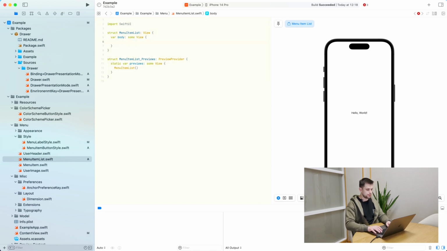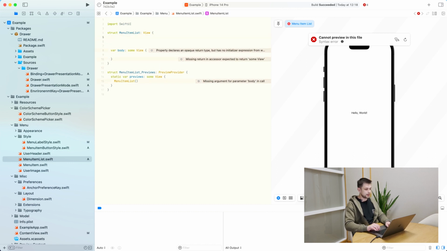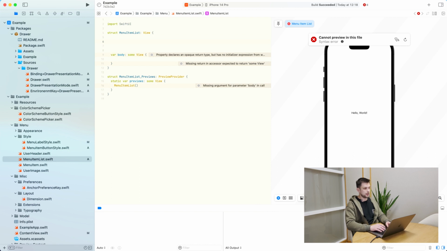So the basic structure is that on the top we have the user header, and then we have some sort of a list, and then also a switcher that switches between light and dark mode. And at the very bottom we have a button that acts like a logout or something like that. So let's start. The first thing that we may think of is the list of items. So for that we can just